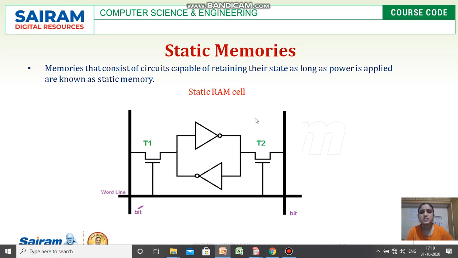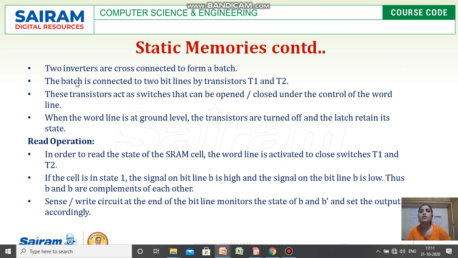So here this is the diagram. So it consists of two inverters along with the two transistors. So these two transistors will be connected to the bit lines. So this is bit and this is bit dash, B and B dash, and these both will be connected to the word line. So this is the arrangement of one semiconductor cell. Similarly, serial to this, there will be hundreds of semiconductor cells, which will again consist of two inverters along with the two transistors. So these two transistors will be connected with the bit lines. So we'll see how this operation takes place.